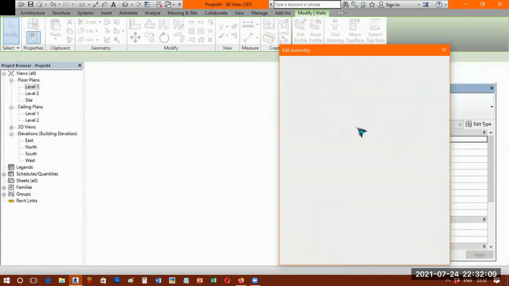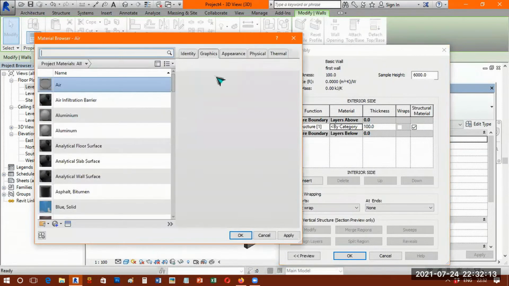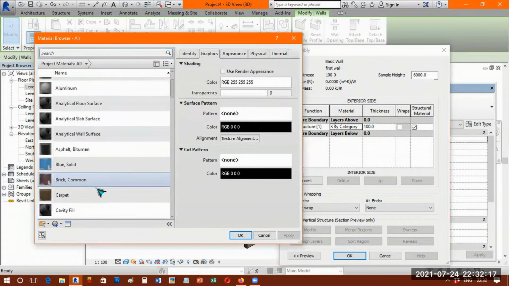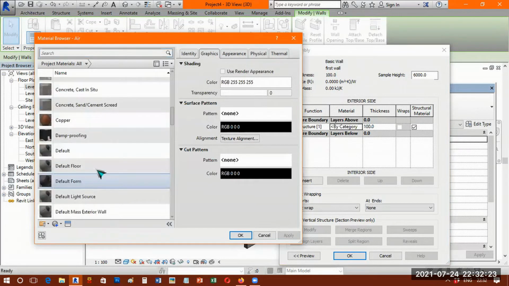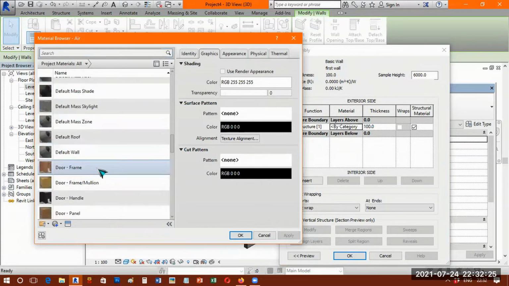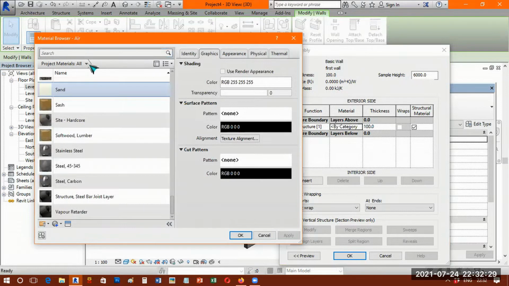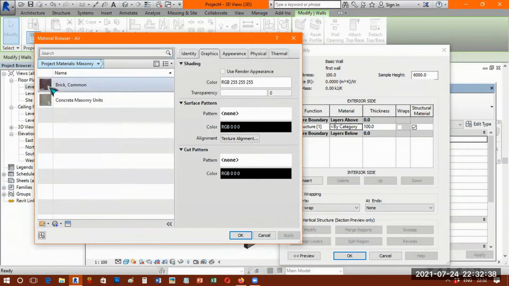So in this material panel, we can choose the options available there. You can see air, aluminum, so many, the blue color, brick, carpet, asphalt, ceiling, floor, massing, stone, door, glass, gypsum, plastic. So many varieties are there in this. For quick recognition, I click here to quickly identify. I go back to masonry here. Yeah, masonry, one option is available here.